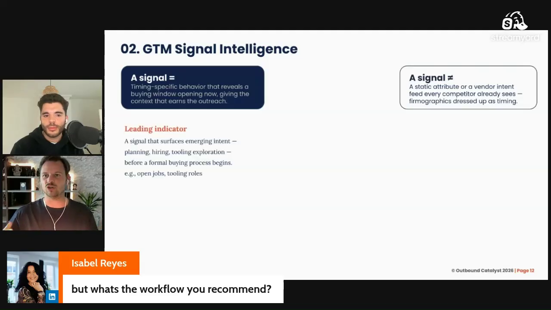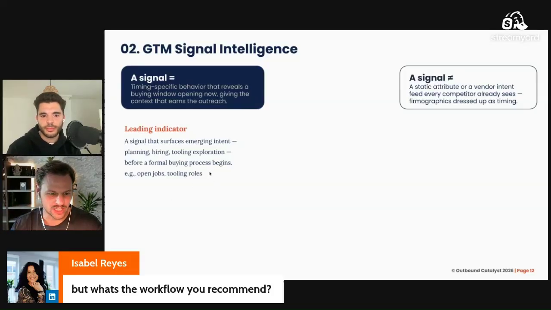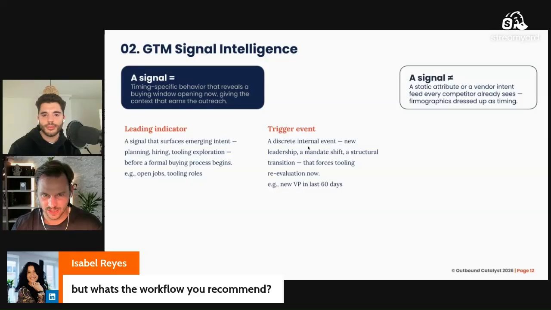Maybe if you're high volume, low ticket, vertical SaaS, it can be just one thing. It can be just clicking on an ad, you follow up, you book meetings, you close deals. But for most of us, it's not like that. For most of us, you need three different kinds of events. First of all, the leading indicator. This is the main one. It shows you urgency right now: open jobs, specific tools mentioned, LinkedIn posts, things like that.